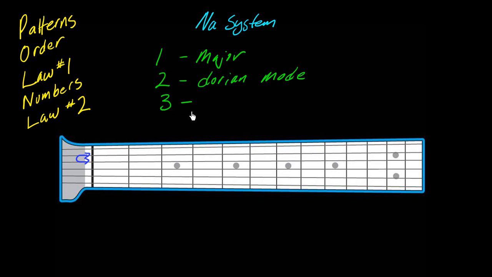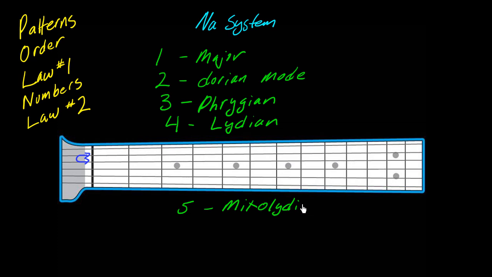is the Phrygian mode. And let me see how to spell this real quick. Phrygian mode. Number 4 is the Lydian. Number 5, Mixolydian. Number 6 is the natural minor scale. Now, both this major and minor is part of a mode, and they have mode names, but